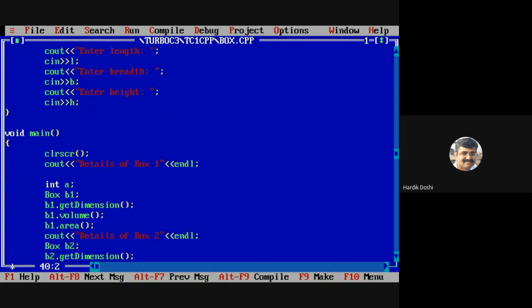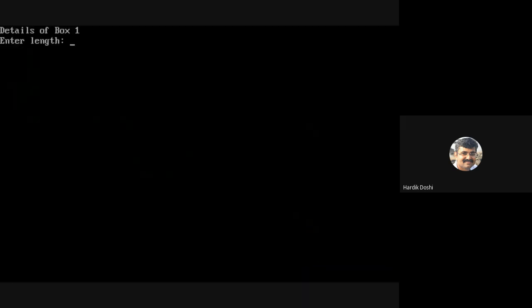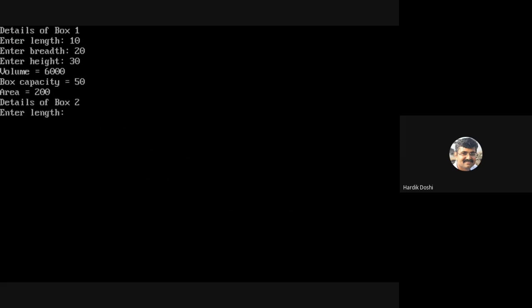You can initialize it outside the class. Int Box double colon capacity equals to, let's say, 50. Now let us run it. Then 10, 20, and 30. Can you see the box capacity to be 50?